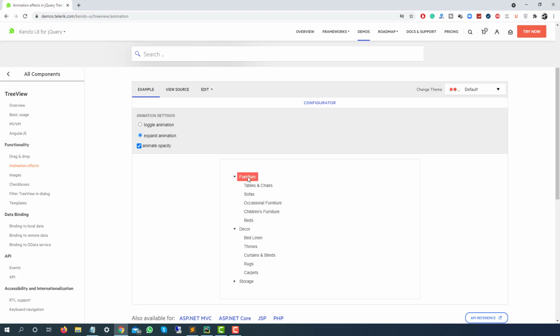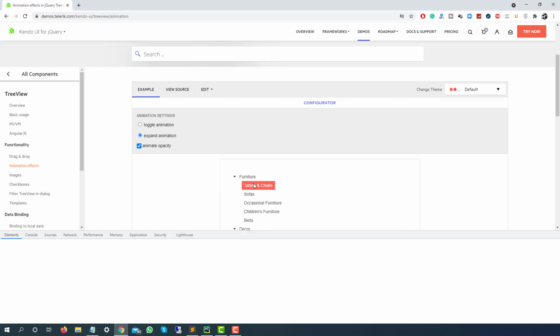So let me do one thing. Let me double click on this furniture and cross check whether this particular option, table and chair, is available or not. And once we are done with this video, you can give it a try with storage as well. Try the same thing; you just need to change the locators. So first of all, we need the locator, right? So I will just double click on this and then we will verify this.